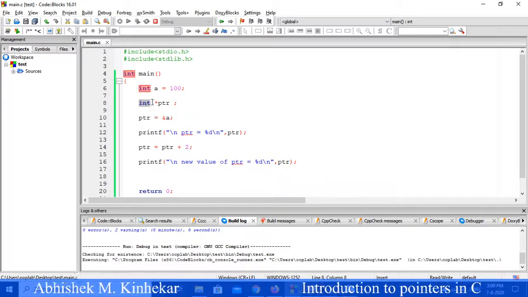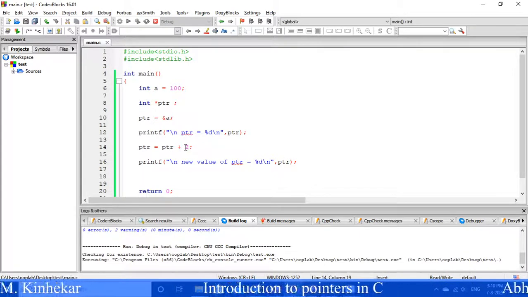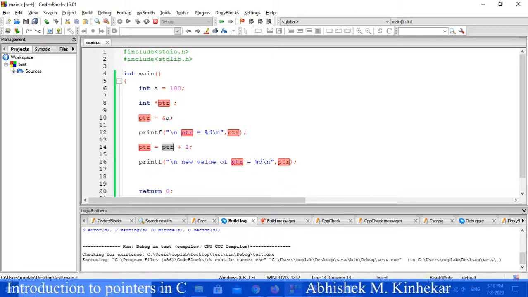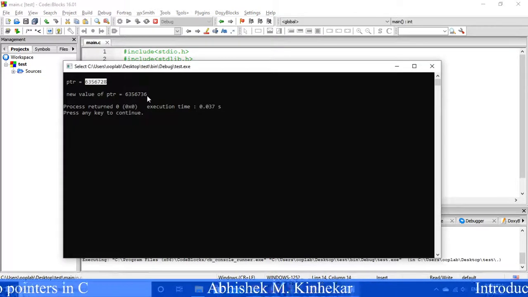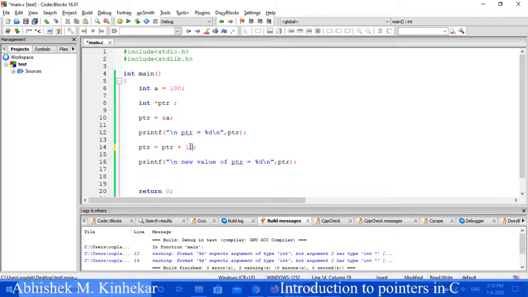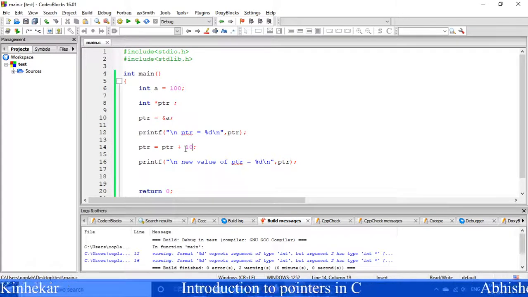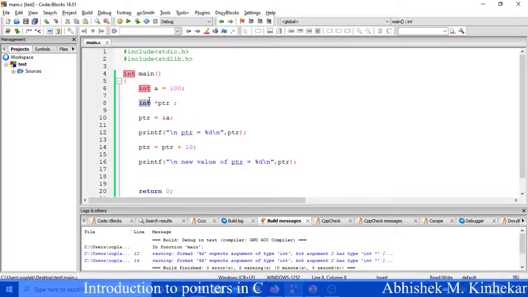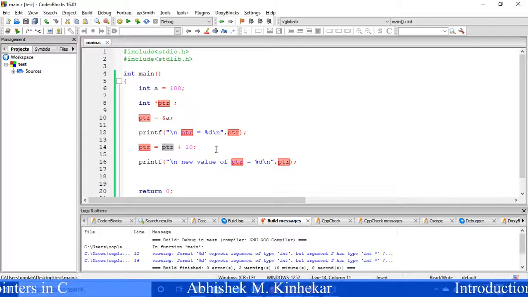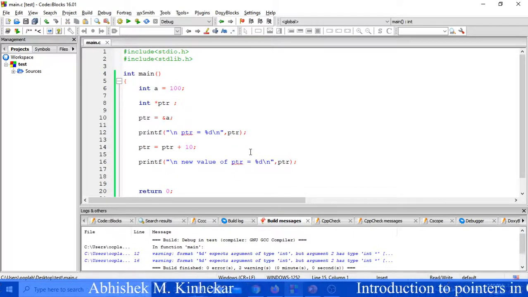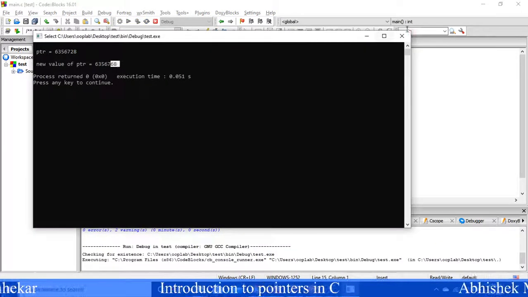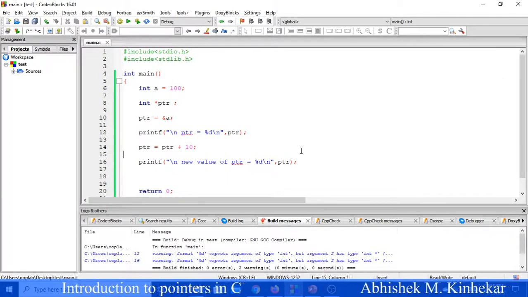In 64-bit architecture, an integer takes 4 bytes. So actually 2 multiplied by 4, that is 8, is added to your ptr, and that is the reason from 28 it shifted to 36, correct? Let us try this again. What if I write 10 over here? That simply means 10 multiplied by the memory allocated by an integer, that is 4 bytes. So 40 will be added to ptr. Previously it had 28 as the last 2 digits, now it will change by 40, that is, it will be 68, correct? This is how pointer arithmetic differs from normal arithmetic.